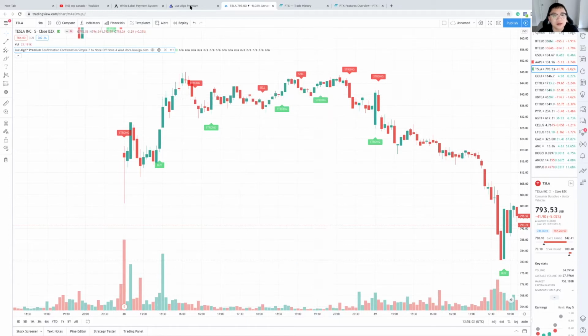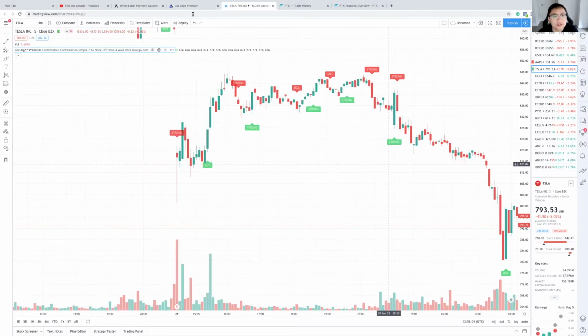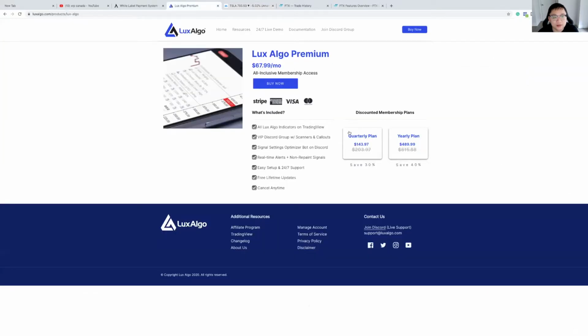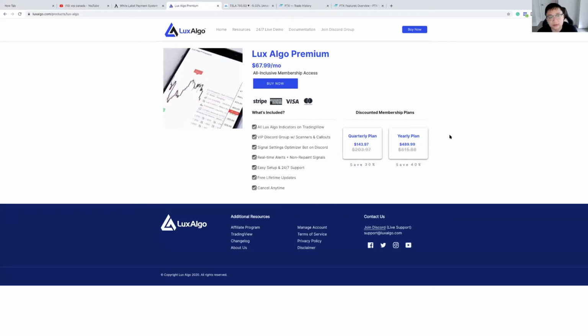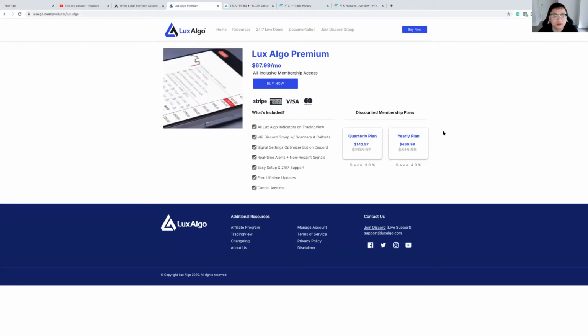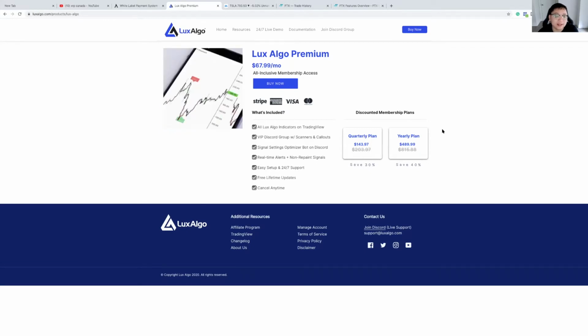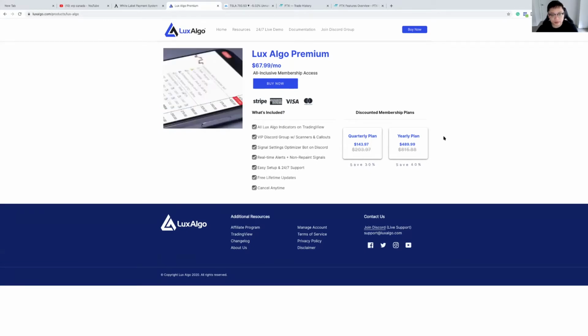So if you go to Lux Algo's website, you'll see different options to buy. Basically it's a TradingView add-on, okay, through Lux Algo, and it goes right into your TradingView app. TradingView is free anyway, but if you're like me and you don't like ads, then you get the paid version, and